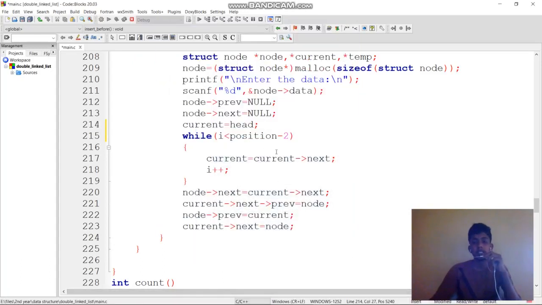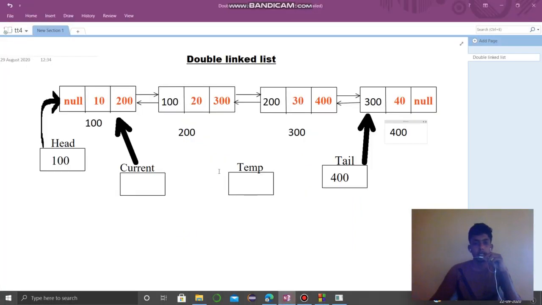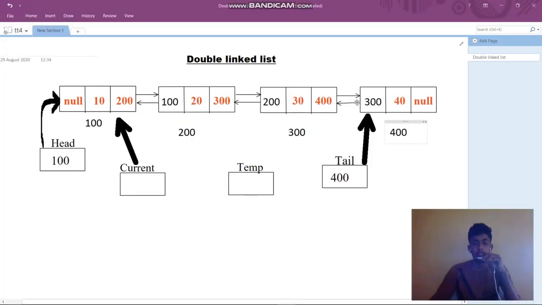If you consider there are four elements, we can take this example. We have to insert a node before the third position. So current should point to node 2, then only we can insert between these nodes.